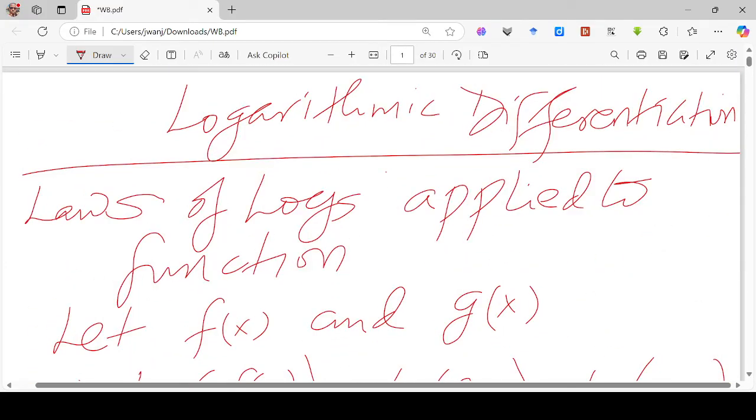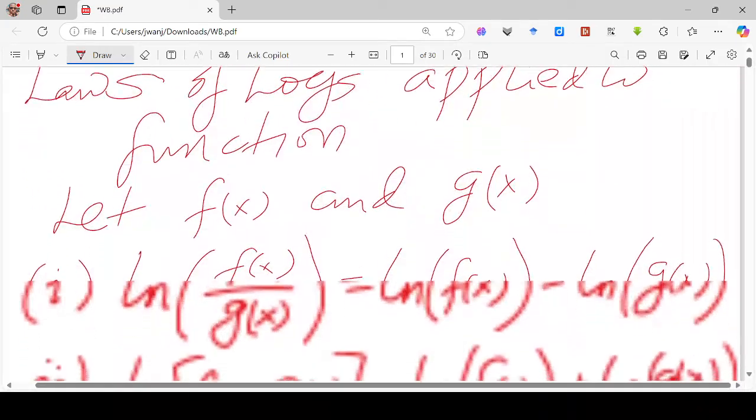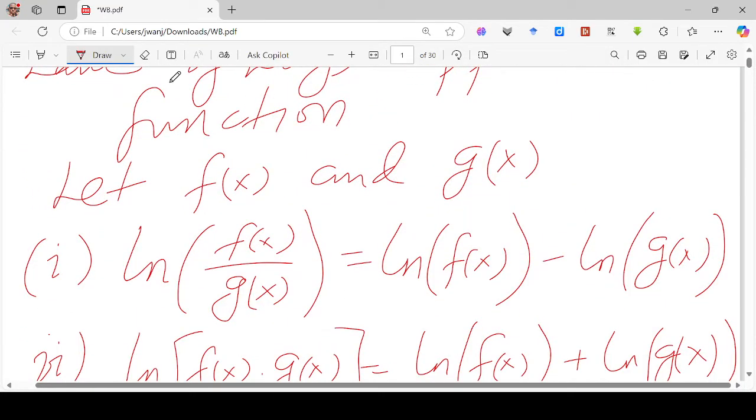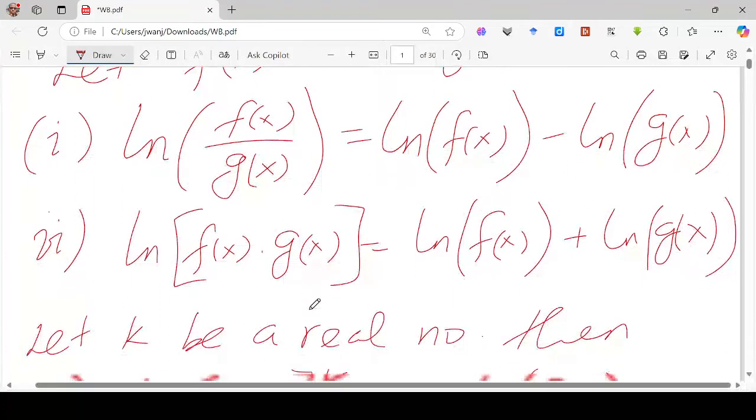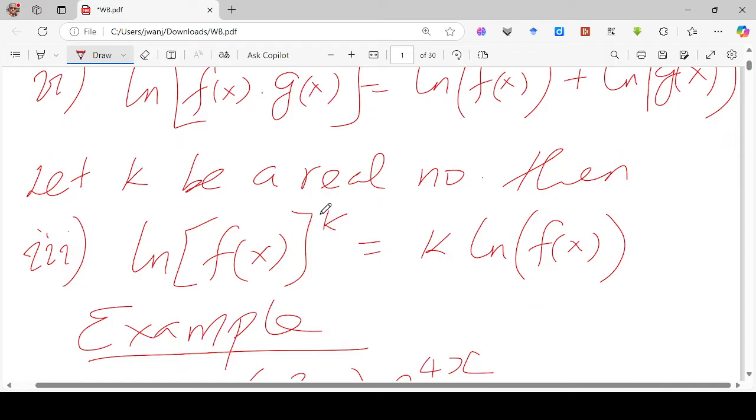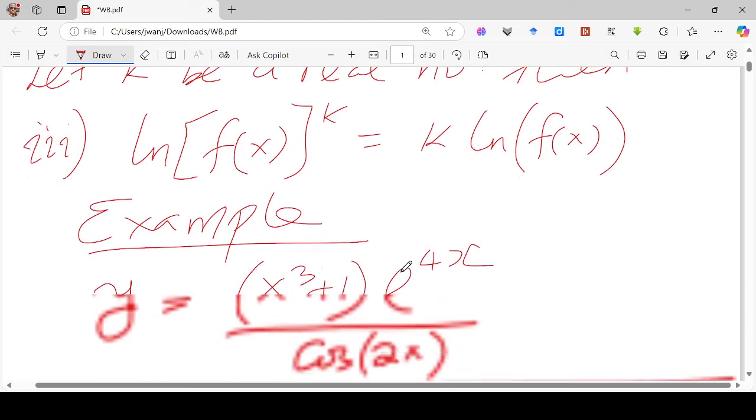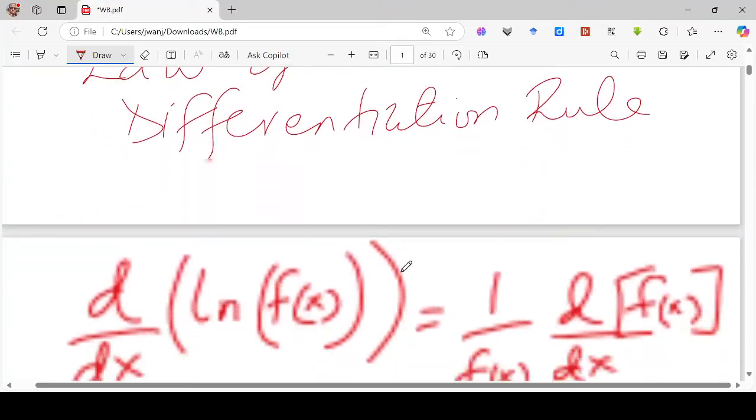Note that the important thing here is to remember the laws of logarithms and the order in which you need to apply them. Start with a quotient: the logarithm of a quotient is the logarithm of the numerator minus the logarithm of the denominator. Then if you have a product, you apply this law. Then where there is a power, the power becomes a coefficient. After you have simplified, like we have done here,